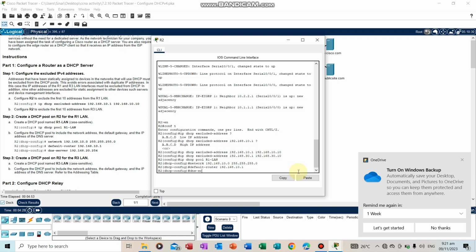Press enter, DNS server again 192.168.20.254. So press enter, exit,